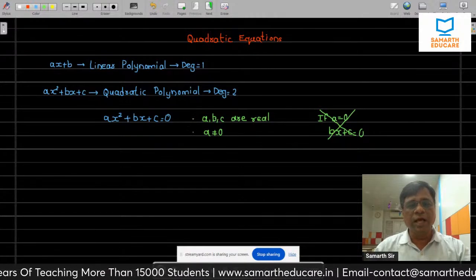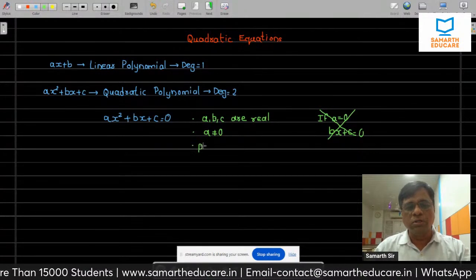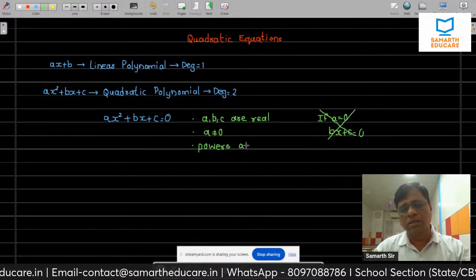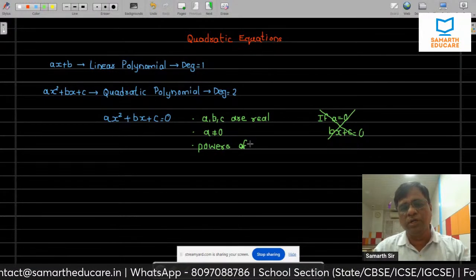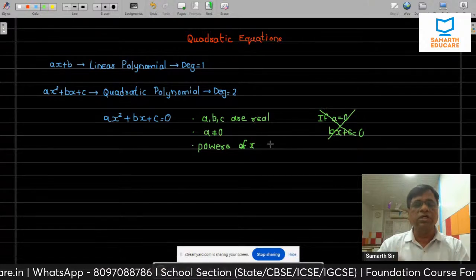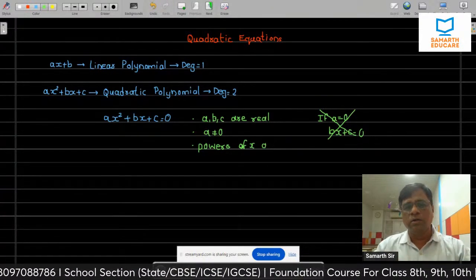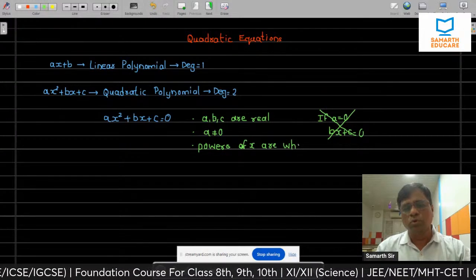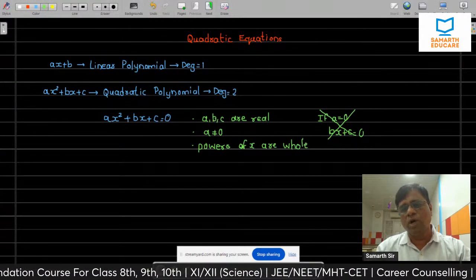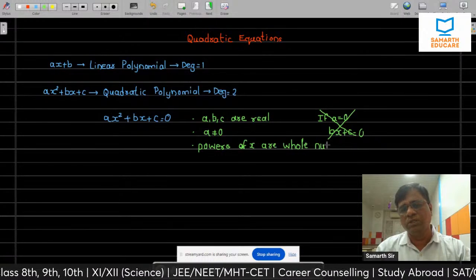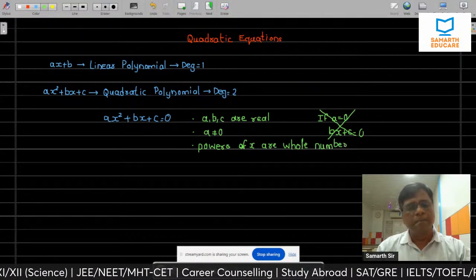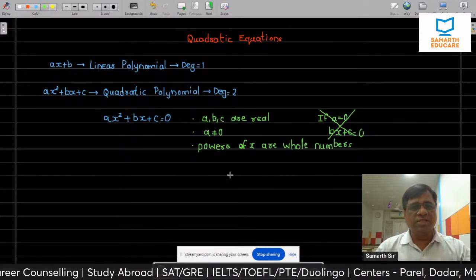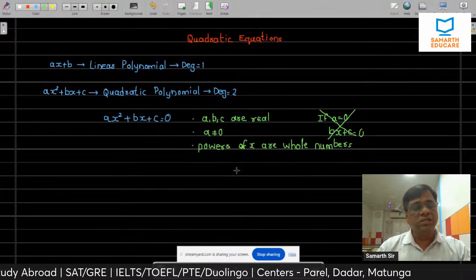Then the third and last is powers of x. पावर्स ऑफ वेरिएबल जो है ना, x वेरिएबल है, यहाँ पे सिंगल वेरिएबल है, powers are whole numbers. That means 0 से लेके 1 2 3 4, ये जो है whole numbers है. Right. Now this kind of equation ax square plus bx plus c equal to 0 is called as